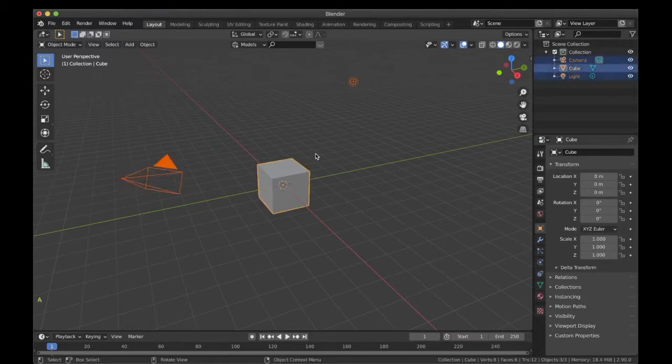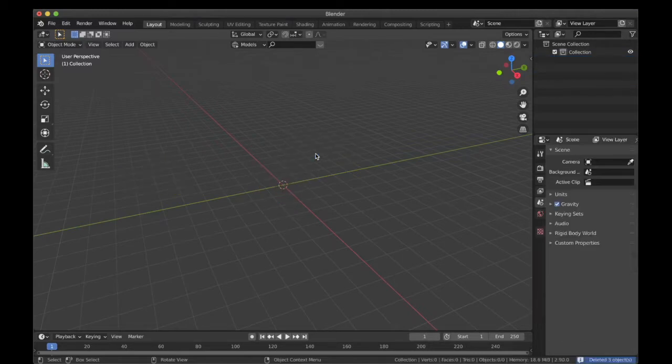Now that you know that, we'll see how we can delete these objects. Now I'll press A, it will select all of them, and then I'll press X. It will ask me if I want to delete or not. So obviously I would want to delete it, so I'll press the enter key. Now all the objects are deleted and now we have an empty scene over here. To confirm that, you can go over here in the right and see that the collection, there's nothing under that, which means that the viewport is empty right now.